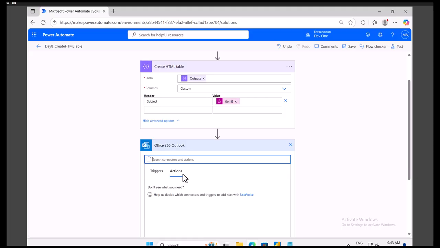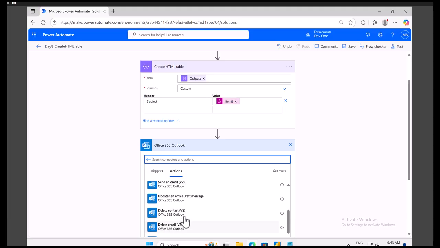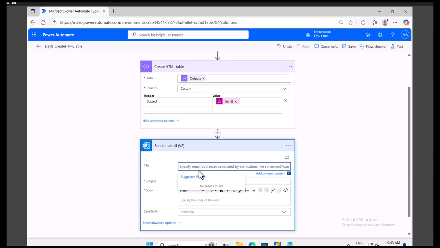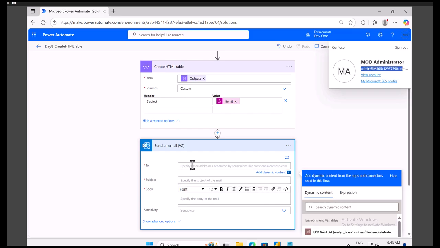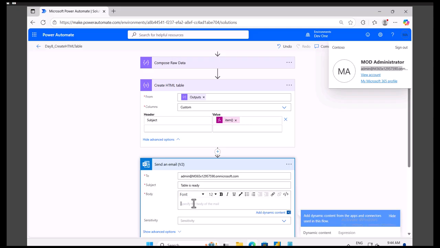I'll click on Office 365 Outlook. Here I will search for Send an email (V2). Here I will specify the receiver name, and I will say your table is ready, and here let me say